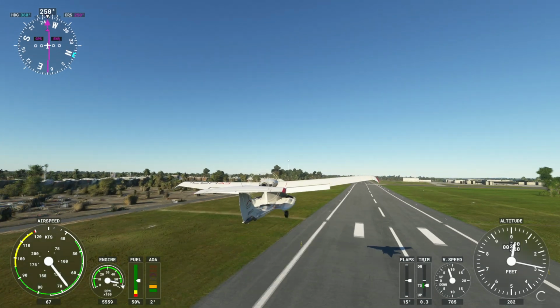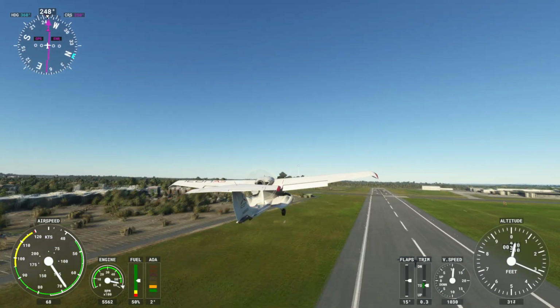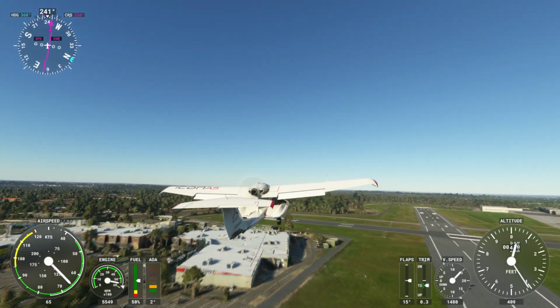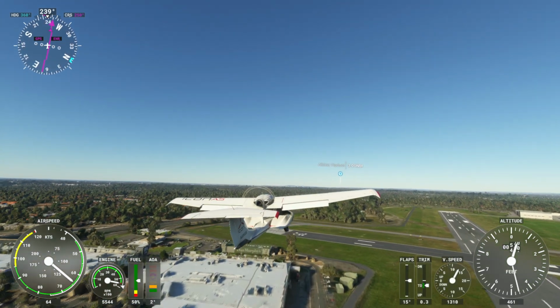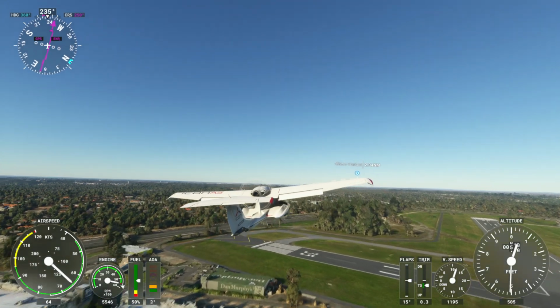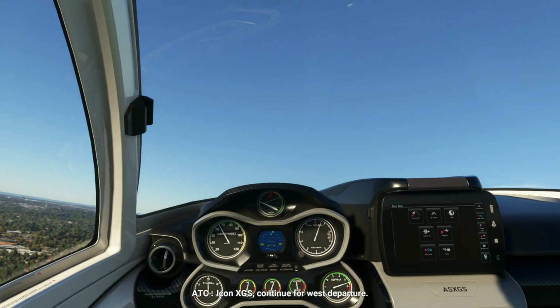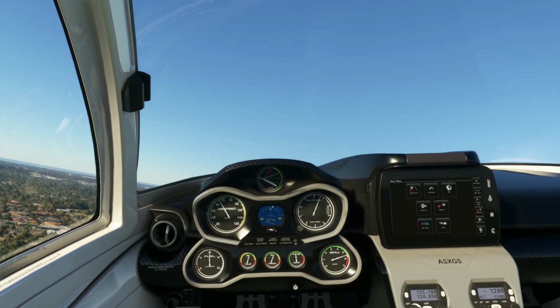Photogrammetry updates are normally adding a lot of details to Flight Simulator, so be aware of that. In addition to this, in, let's say, Melbourne, there are also a lot of points of interest being added. So we're gonna go inside the aircraft,